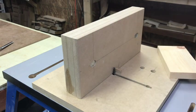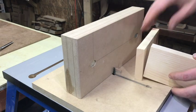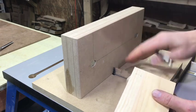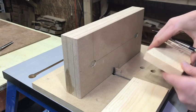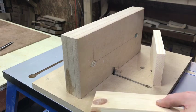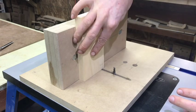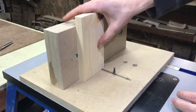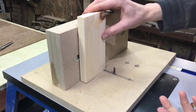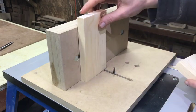Now what we're going to want to do, now that we've got this where we think it's roughly correct, we're going to take our pieces, and I think it's really smart to label these. So I'm just going to label this 1 and 1. And that means these two sides will be going up and meeting together. And the reason for this is that as we cut, our first piece will be placed up against this pin for this cut. And I often like to clamp down when I'm doing it, though some people just hold it down. I find that if you get any movement, you're going to ruin your piece. So initial clamp down,